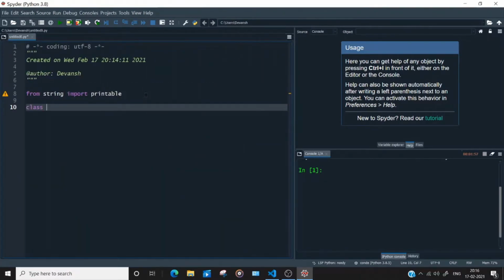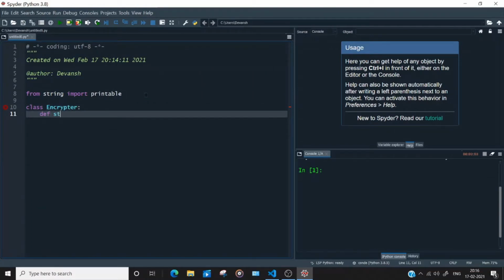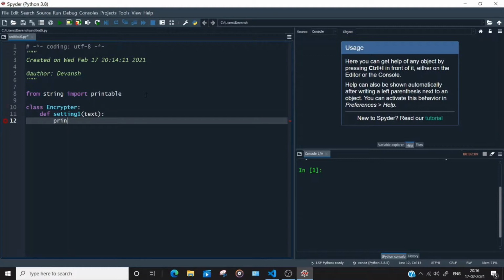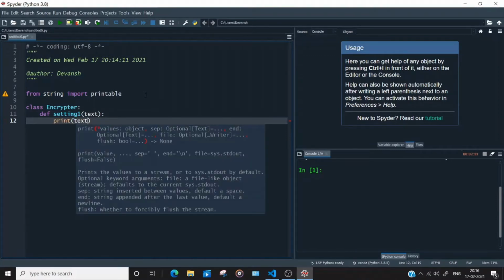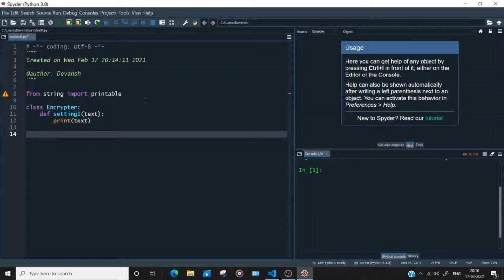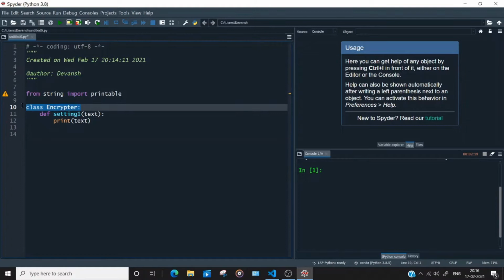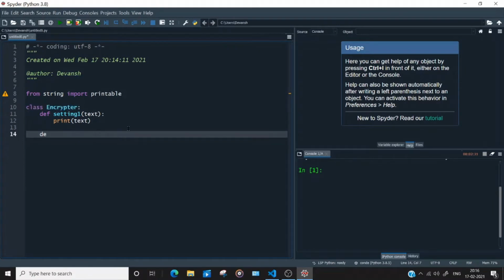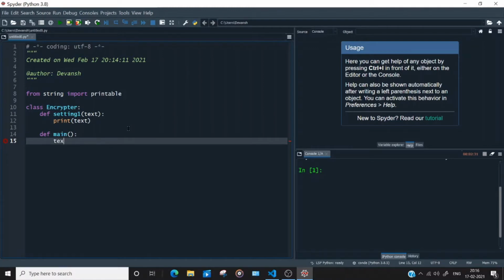So class Encryptor, def __init__, and it will take a parameter that is text, and print text for now. For now only, nothing more than that. And if you are working with classes, remember this line: you need to make one main function here always. Def main, and text equals